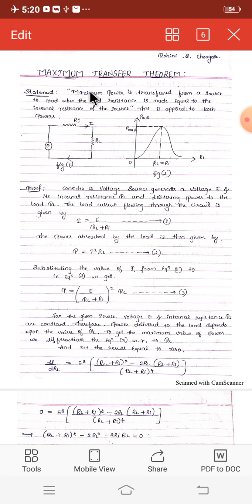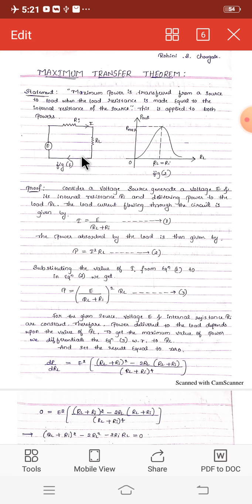So in DC circuit analysis, what did we discuss from the first class? In the first class I discussed some basic definitions, such as what you mean by mesh, junction, active and passive elements. Those are basic definitions. In the second class I discussed Thevenin's theorem and problems. In the third class Norton's theorem and problems. In the fourth class superposition theorem and problems. In this class I discussed the maximum power transfer theorem, and these two applied problems. So once again I want to discuss this theorem.